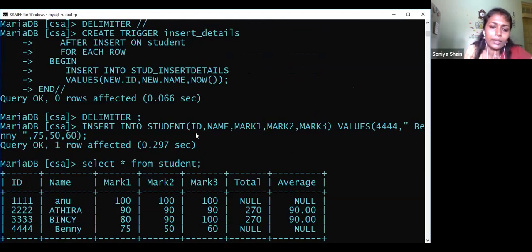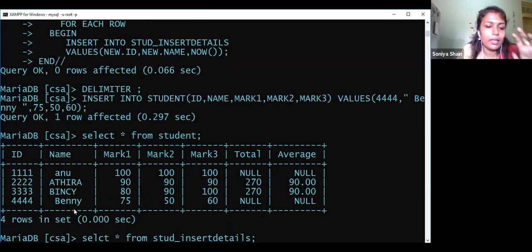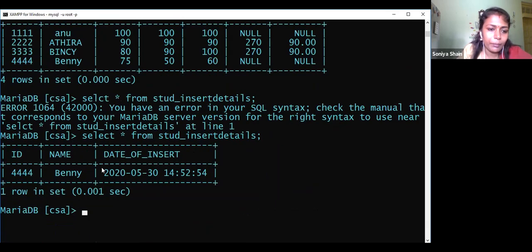The trigger you have created is an after trigger. So what you have to do is, when inserting the data, after the insertion, that data has to be updated to a new table. Here the table is student. You are inserting a record to the student table, and that data has to be updated to another table named stud underscore insert details.